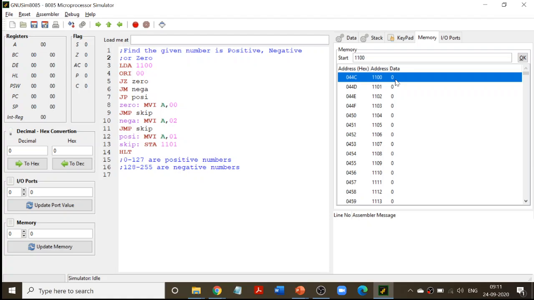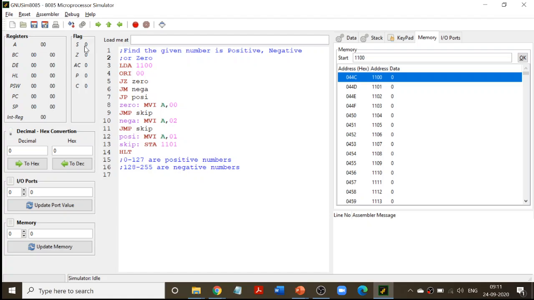Right? So any operation is performed on the accumulator. Depending on that value, the flag registers are going to be set. So we are going to keep this as the key and then write a program depending on the flag registers. Right? So let me say when will these flag registers be set? For this particular program, we are only going to look at two flags. Okay? So just look into this flag area. We are going to have two flags which we will be using for this particular program.